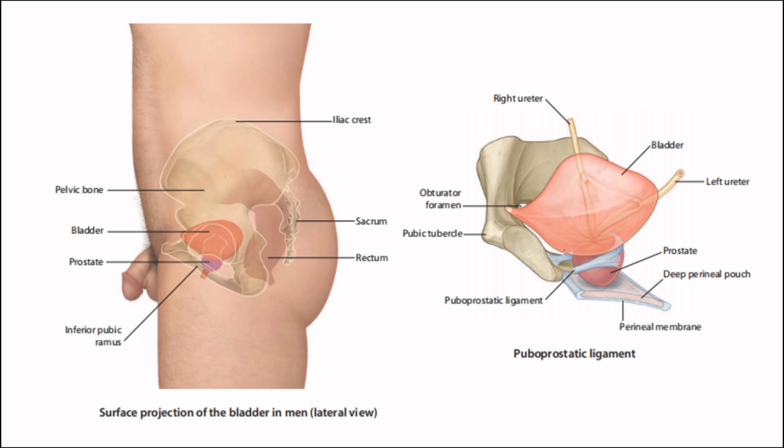So the bladder has a base, apex, superior surface, two inferolateral surfaces,